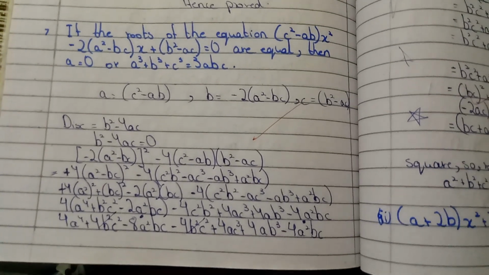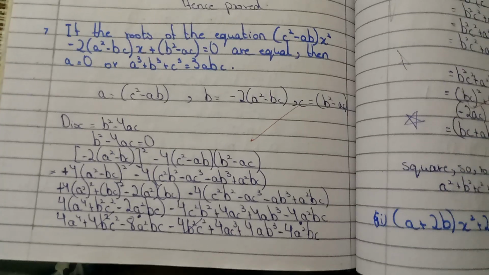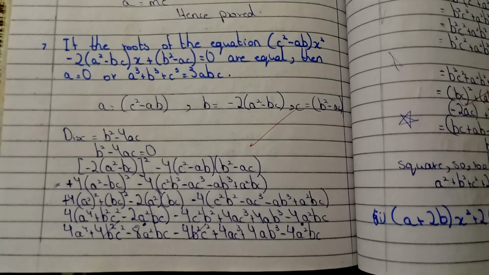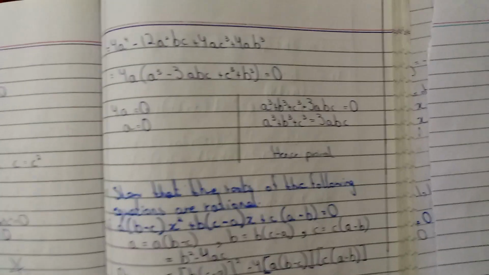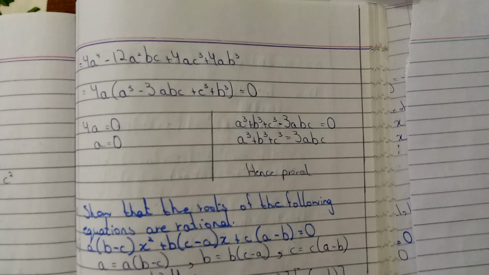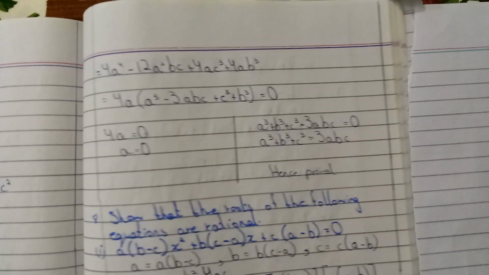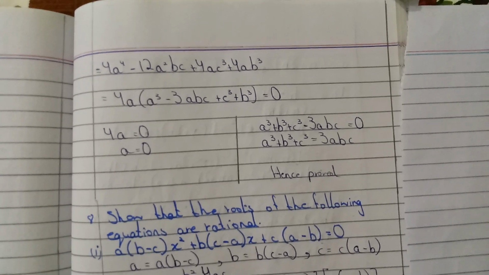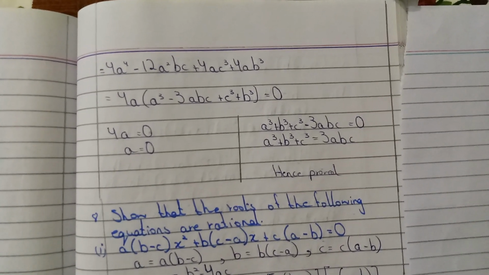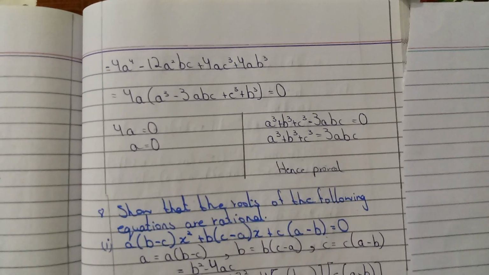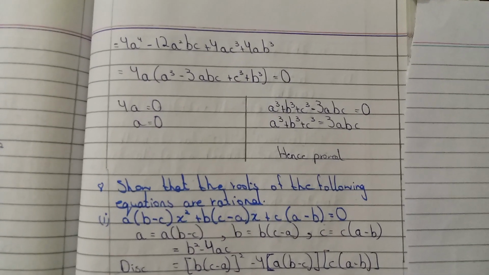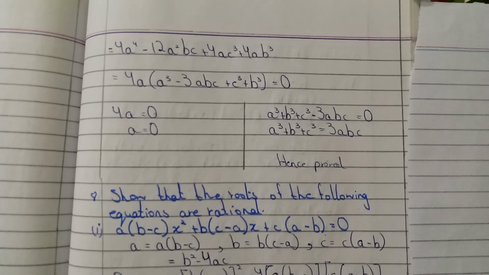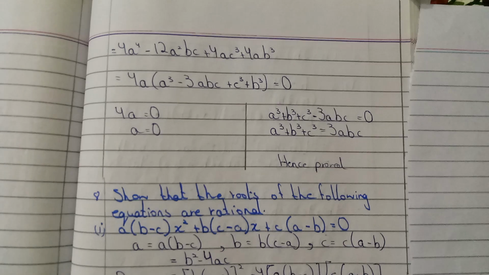By multiplying this first bracket also with 4, we have got two values equal, and the signs are opposite, we can cancel them, and the remaining values we have to write in the next step, and we have to add the similar values. We have got 4a⁴ − 12a²bc + 4ac³ + 4ab³. 4a is common, we have taken it common, and we have to take it equal to 0 because the formula is b² − 4ac is equal to 0. 4a is equal to 0, then a is 0. Then the other factor is also equal to 0, and we have to shift the side of 3abc, it will be positive, and these are the conditions which we have to prove.